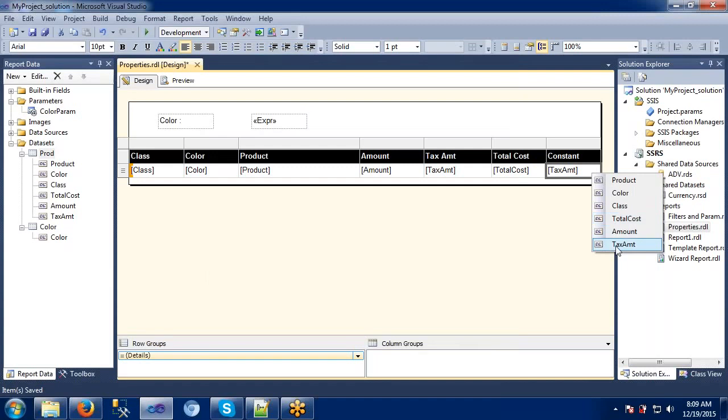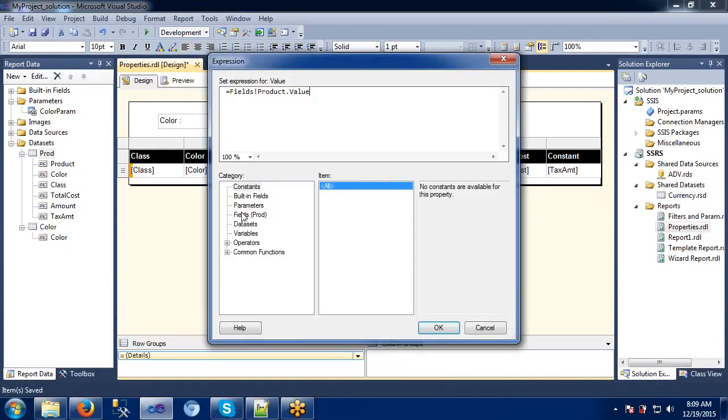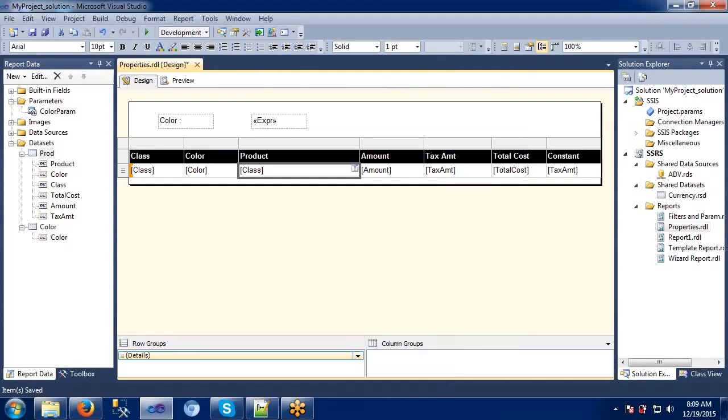Here I have selected the tax amount, right? The same thing I can do in the expressions under the fields, where I can give a class. Both are the same, or else I can directly select it from here.